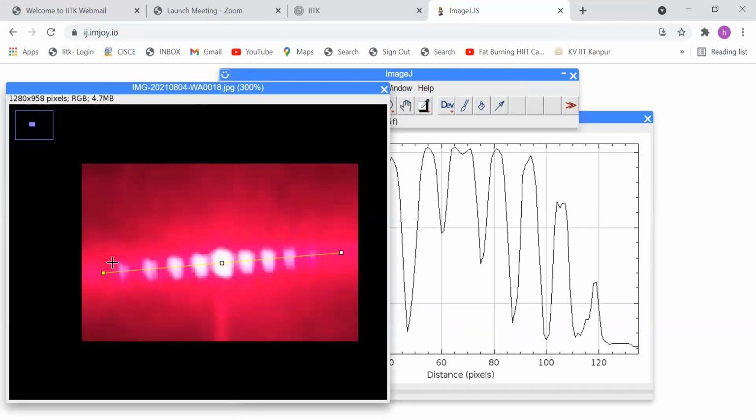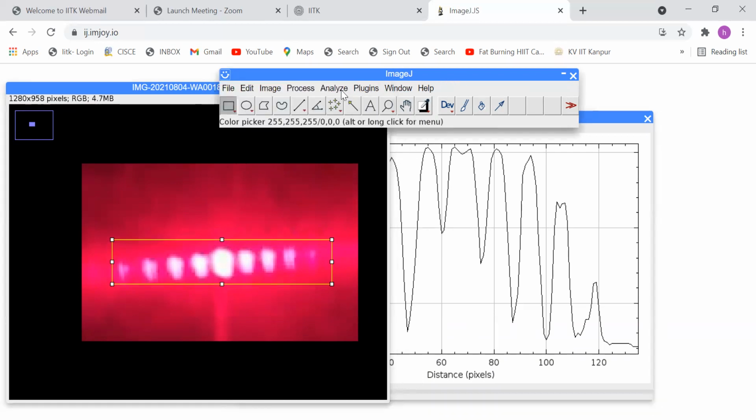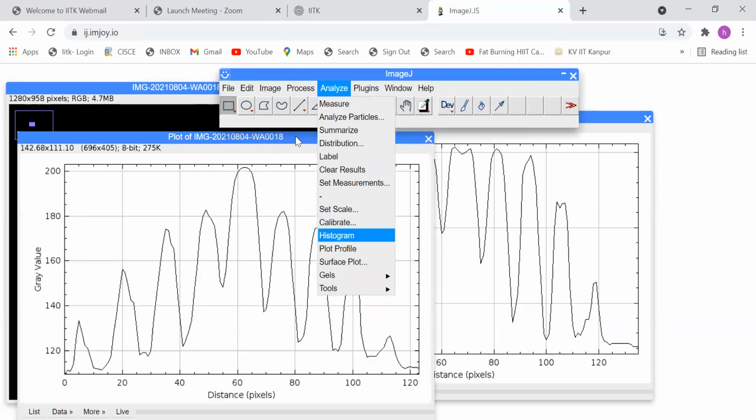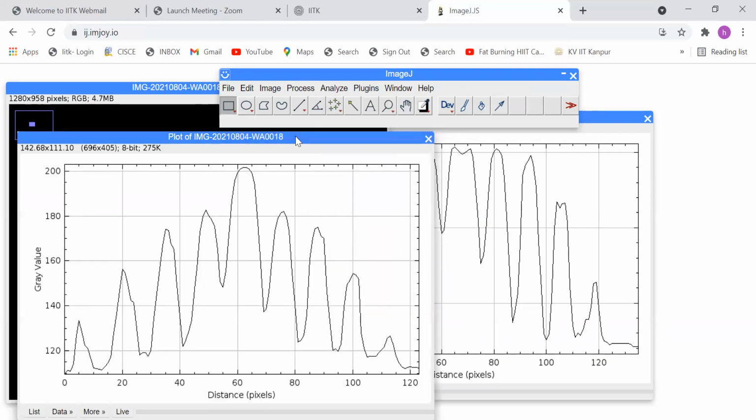So it will sort of average it a little bit, maybe. So let me just take that square tool and make it a little larger, right? Compare. So this kind of averages it across the tool, right? And I do the same exercise. Analyze, say plot profile. Brilliant. Oh, fantastic. This is so good. It is just amazing actually as a tool.